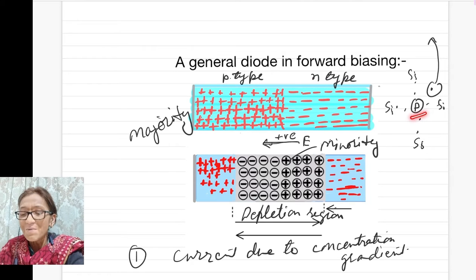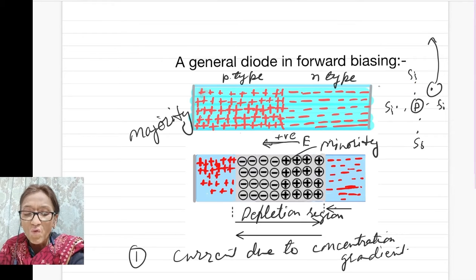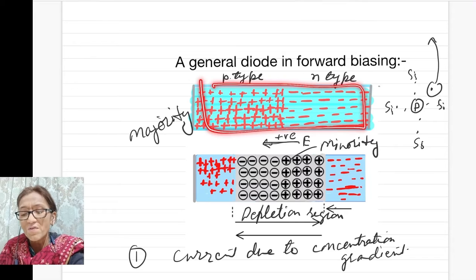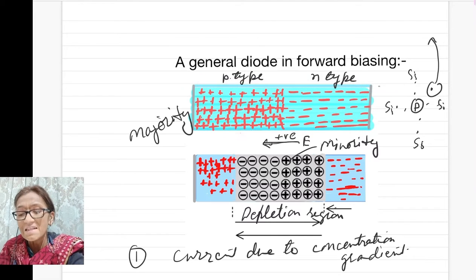So when you mix a pentavalent impurity, you develop an N-type semiconductor along one side. Whereas on the P side, when you mix a trivalent impurity atom like aluminium with silicon, you get 1 hole for 1 impurity atom. So one side is rich in holes, and the other side of this PN junction is rich in